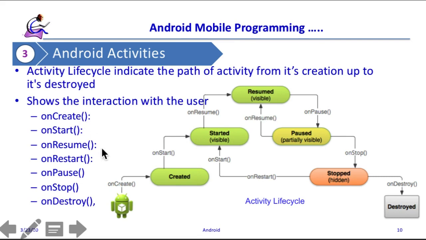OnCreate will be created at the beginning, and it will be executed whenever the program is starting. And then after, OnStart will be created. Once the activity is created, then OnStart will be activated. After that is displayed, it is already started, but you can go into the resume mode if it is resumed, or from resume to pause again and back. This life cycle shows how it will go from one to another,